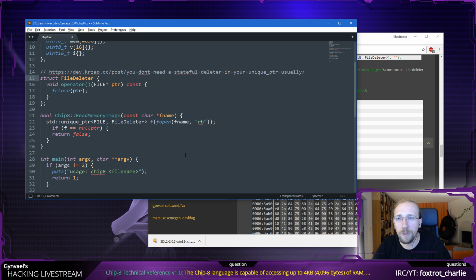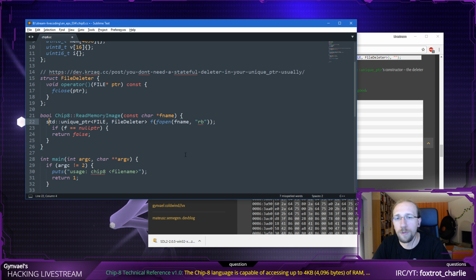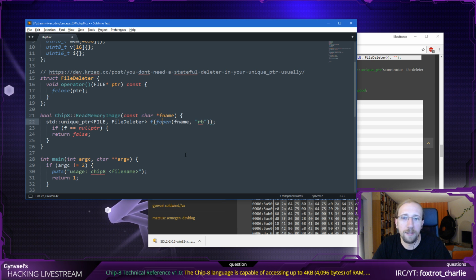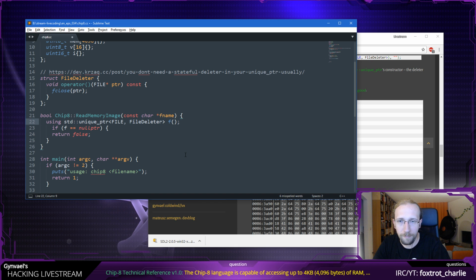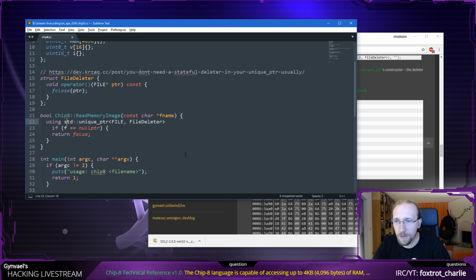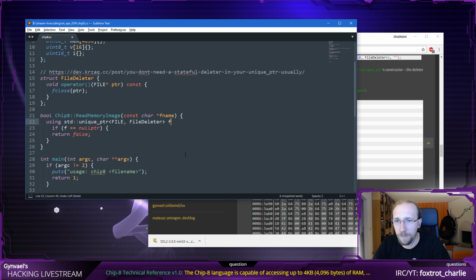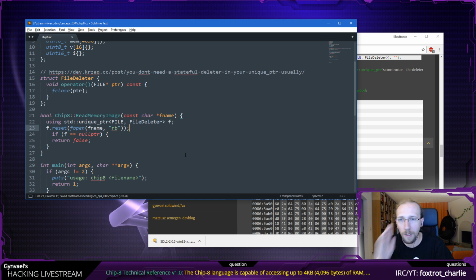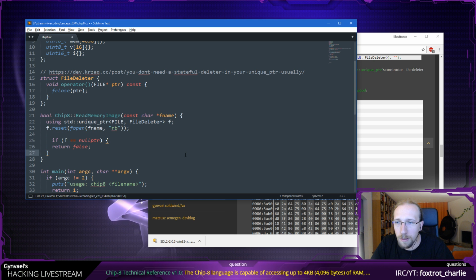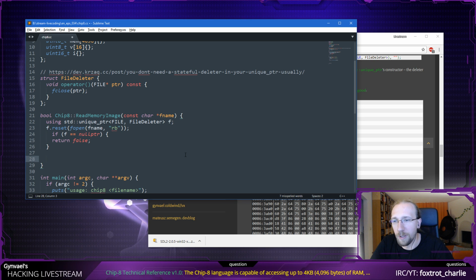Yeah, because it will run this operator to delete the file. No, I did it wrong. That's annoying. Yeah, this is right, correct now. Okay, because it will be run automatically, and it will automatically clean up the variable, which is good.